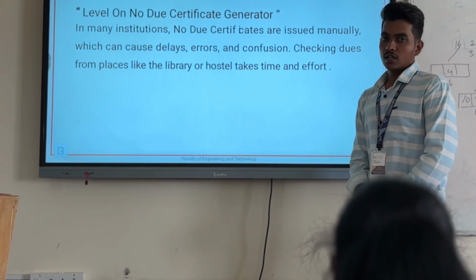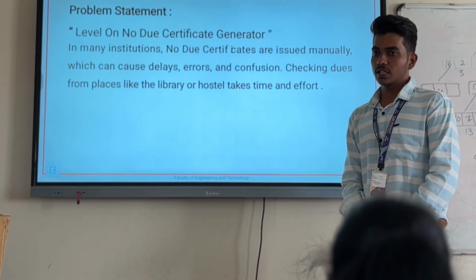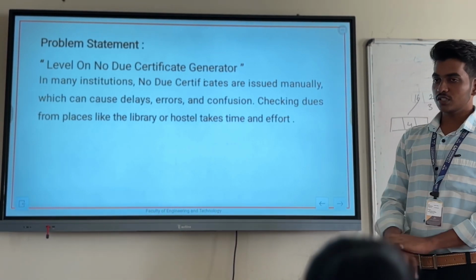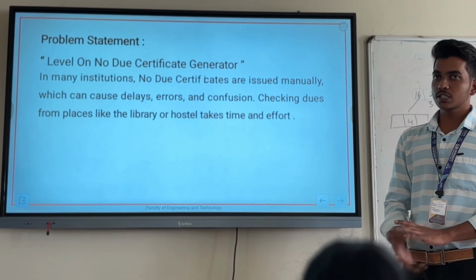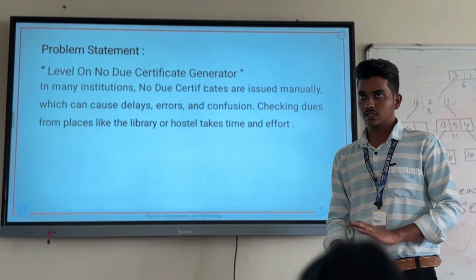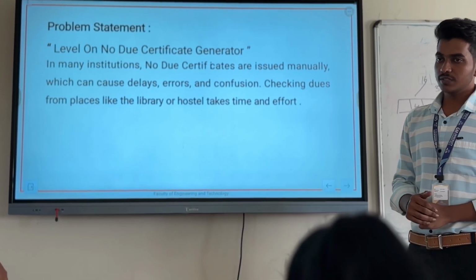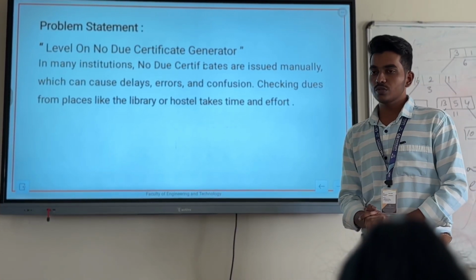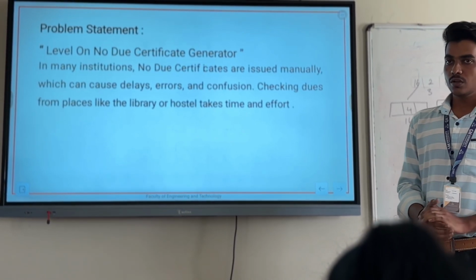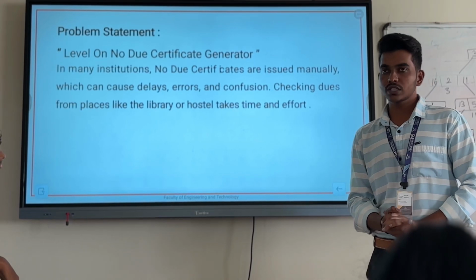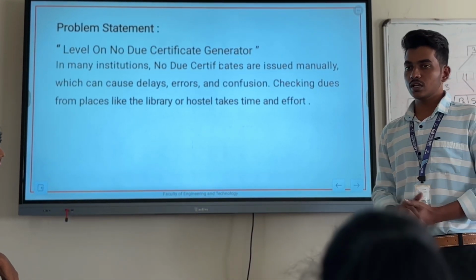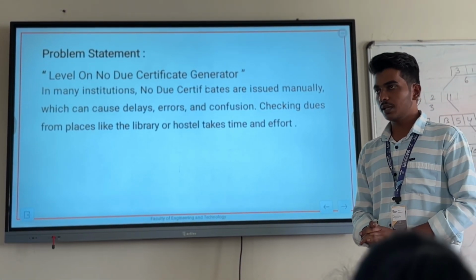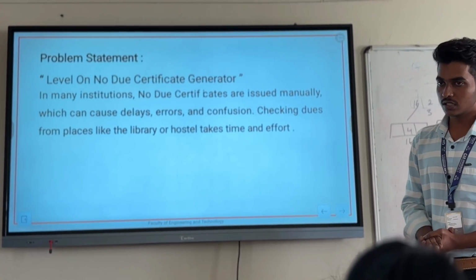So, problem statement. A notice certificate is an essential part of a learning institute or any office, for a student or for employees. It helps us check if there are any dues, like library or fees management, but it is currently a manual process. We have to visit multiple departments for approvals. We have to write an application or request a notice certificate, and wait for the approvals. Then we get our notice certificate, which is very time consuming and creates frustration.